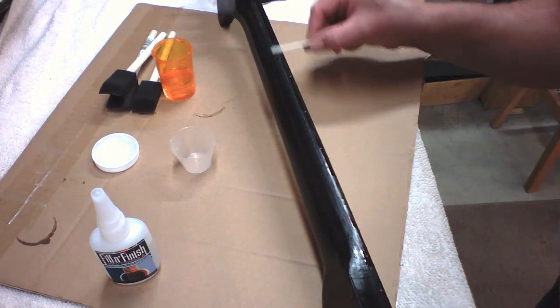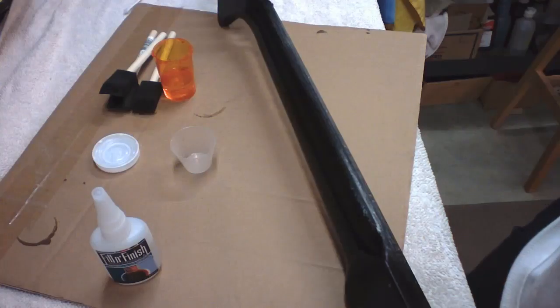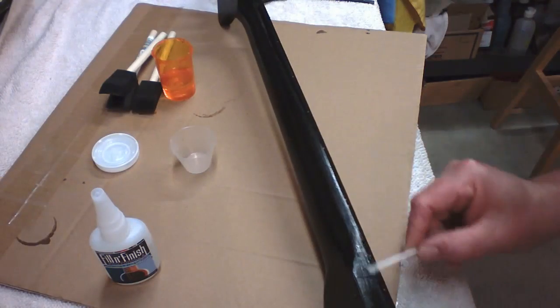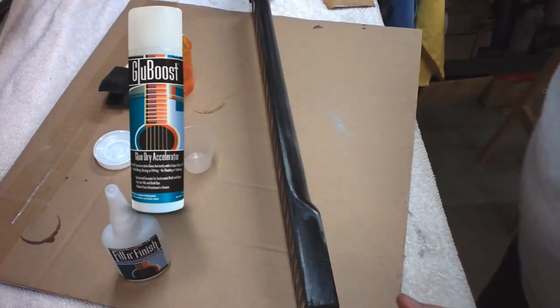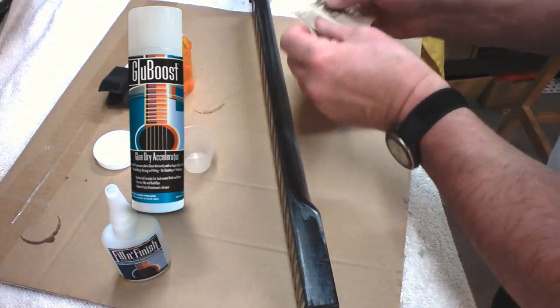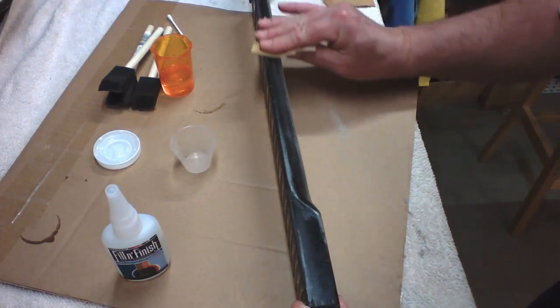That being said, I want to move on to sanding, but I'm going to do the spray of the Gluboost here. It's dry, just like that, ready to go. And I'll come back and I'll use some 320 grit sandpaper, sand it back up and get it nice and semi-flat. I also have another technique that I use too, and I actually use just a standard Kleenex tissue that